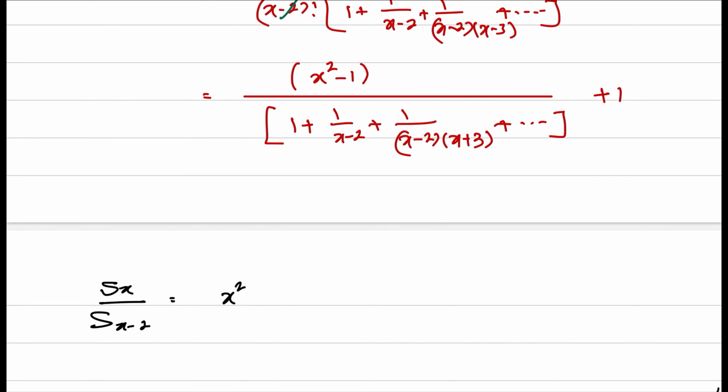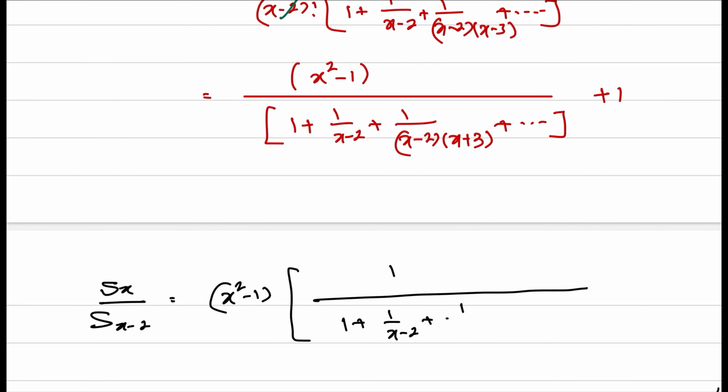This can be x square minus 1 divided by 1 plus 1 by x minus 2 plus 1 by x minus 2 into x minus 3 plus up to so on